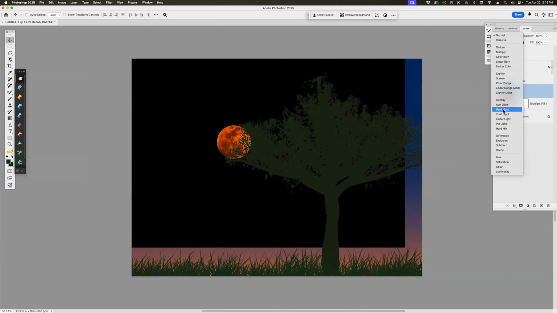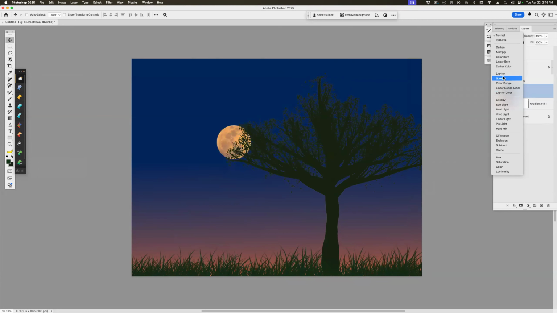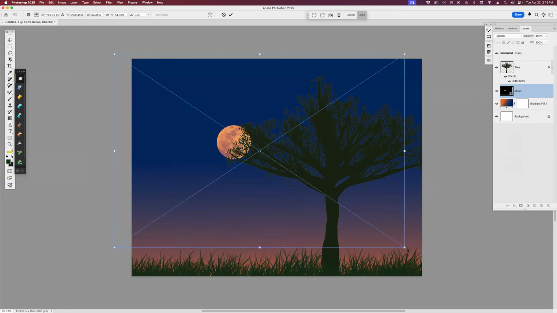Ooh, that looks pretty cool. Hard light. That's a hard moon. I'm probably going to go with lighten, and it gets rid of the black that was around the moon, so I don't have to cut the moon out. And we'll do a free transform, and I'm going to put that little dot right on the center of